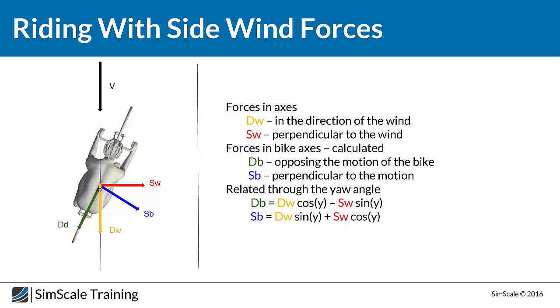And here we can see that, for example, if you want to calculate the right drag force acting on the rider, you have to calculate this force over here, the DW, which is the drag in the flow direction, times cos theta, which is this angle between the rider or the bike and the wind direction, minus SW, which is this component over here of the side wind, multiplied by sin psi, which is the angle between